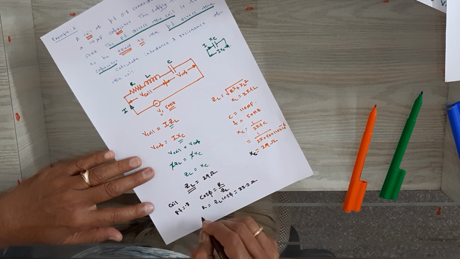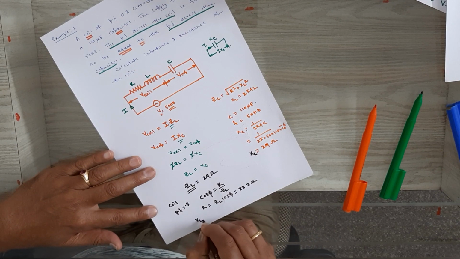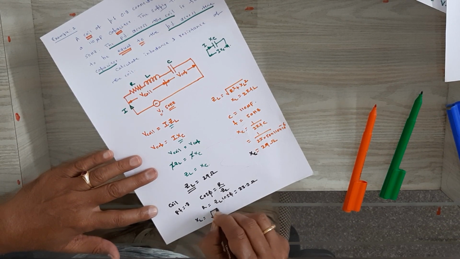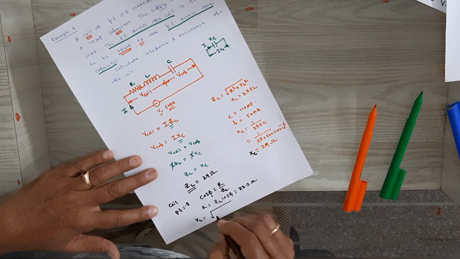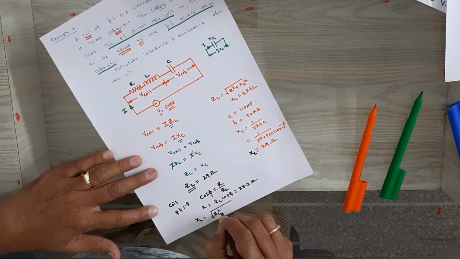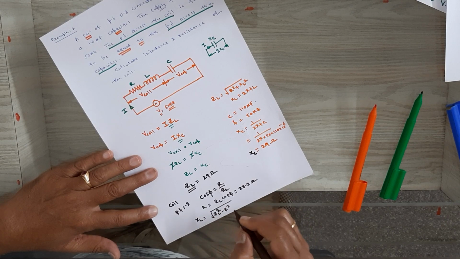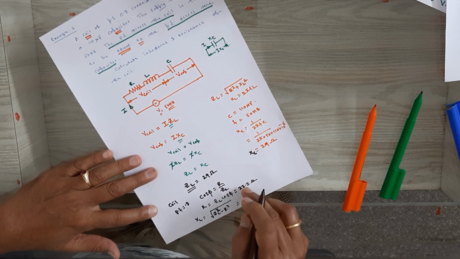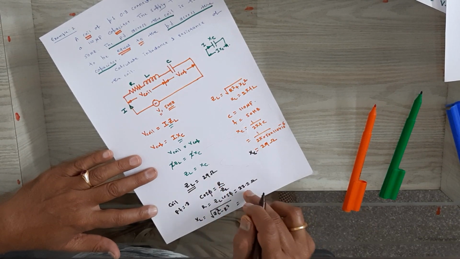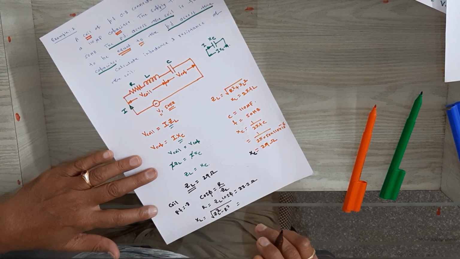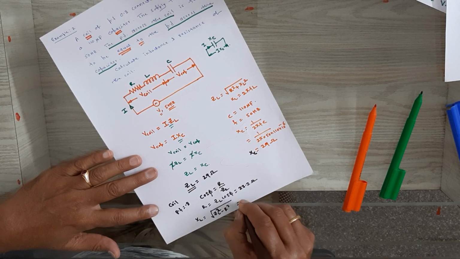Then you can find out the value of XL. XL is equal to under square root ZL square minus R square. Same formula. ZL is known, 29 ohm, and R is 23.2 ohm. Therefore, the XL we are getting here is